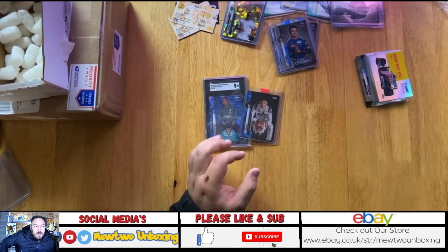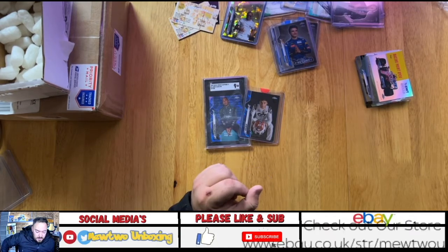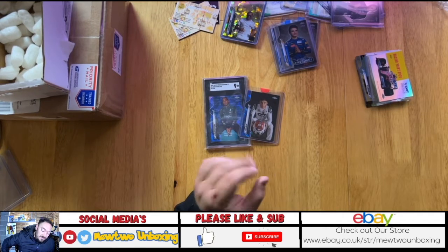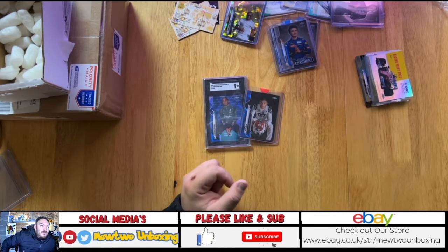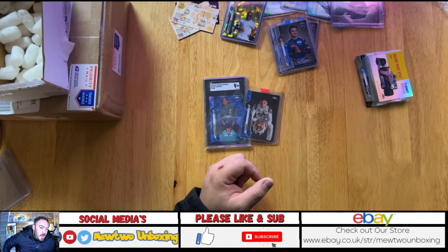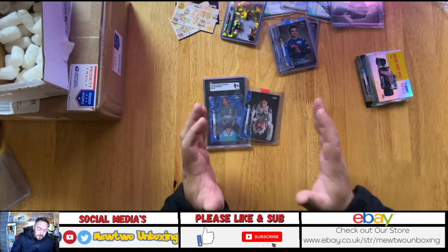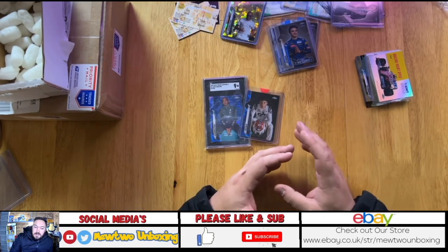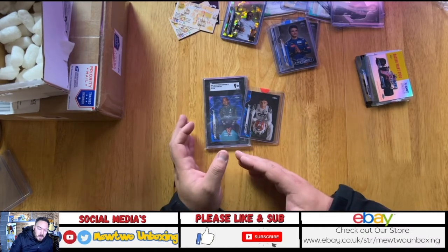I've got a feeling that once this season ends, the Max Verstappen cards, if he doesn't win this year, if Lewis does beat him this year, and this is a big if, I think the price of his cards are going to drop and people will look to shift them, especially because you've got 2 things going on. You've got Max Verstappen winning his very first F1 championship at quite a young age, and then you've got Lewis Hamilton